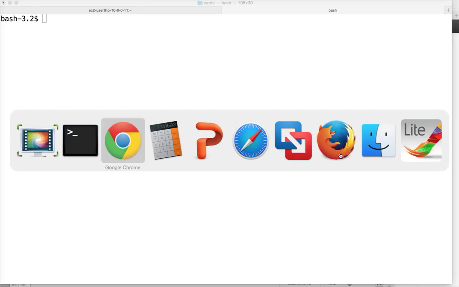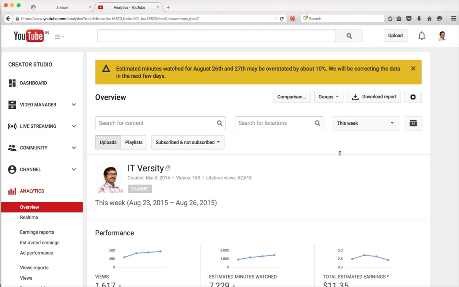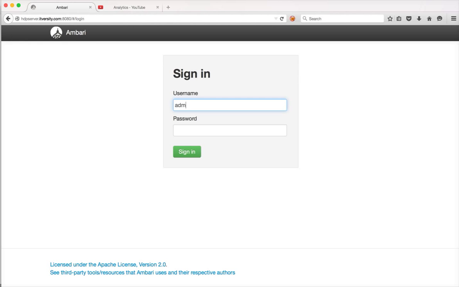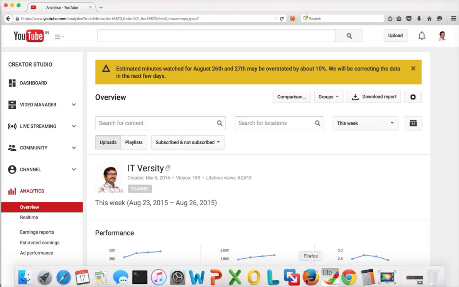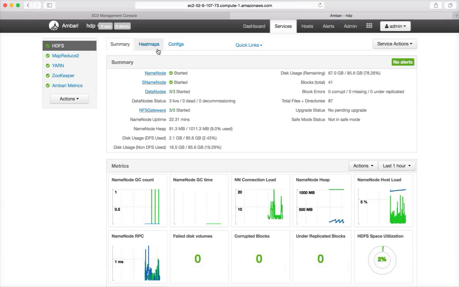I have already started my cluster, and here this is my Ambari for it. No, not this one. I'm sorry. Where is the Ambari? Yeah, here. So this is my cluster on AWS, and it has HDFS, MapReduce2, YARN, Zookeeper, and Ambari Metrics. So now